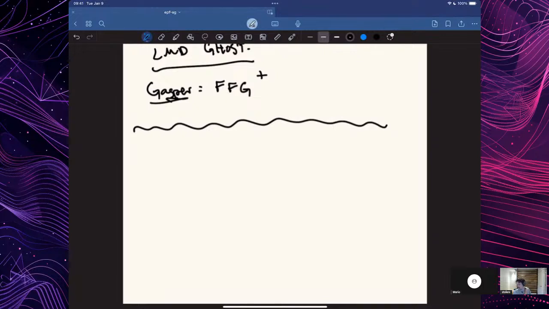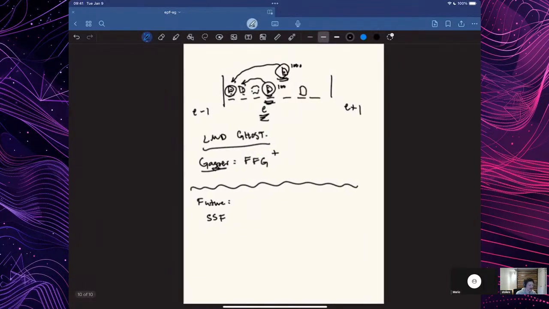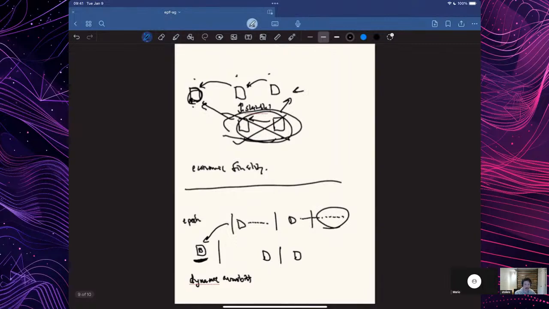So I did have a few more things in my notes around the future of this proof of stake protocol and Ethereum generally. There's a bunch of things that we want to do. One of them is single slot finality, SSF. For many reasons I don't have time to get into, because you have this dynamic availability, there are games happening here that also impact this epoch-level thing.